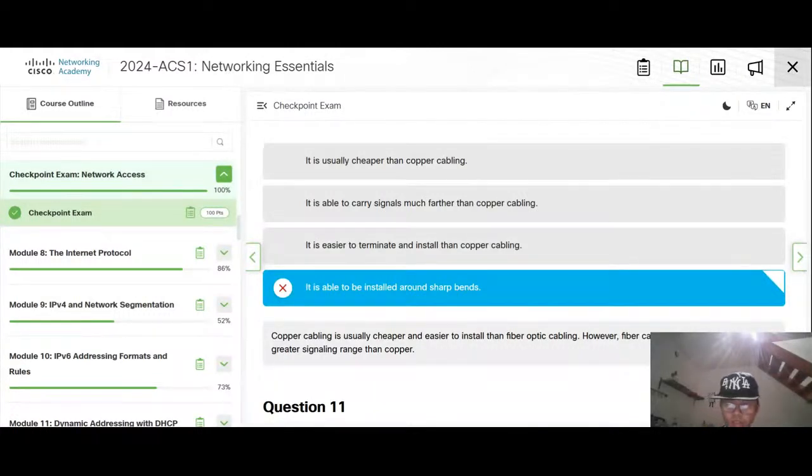It is easier to install than, carriage, the spelling. Right?